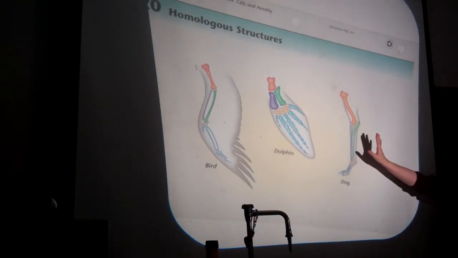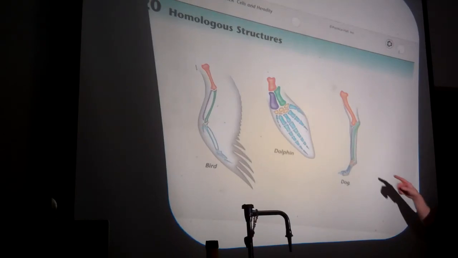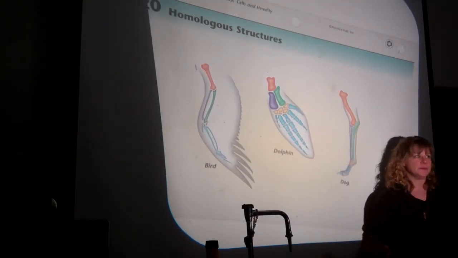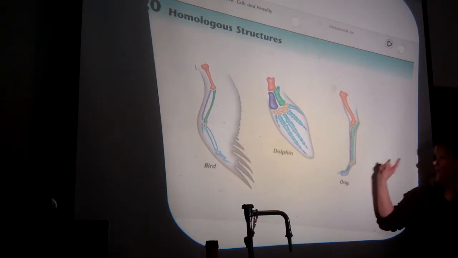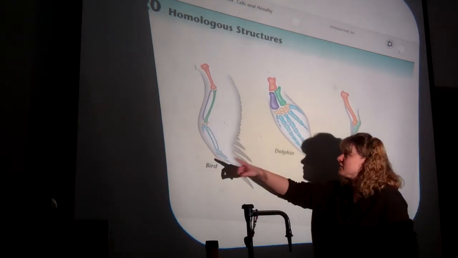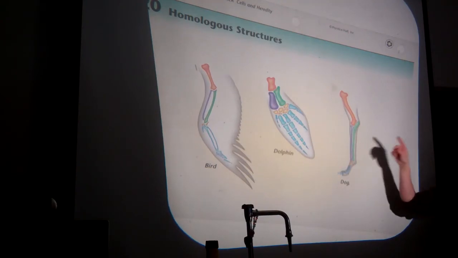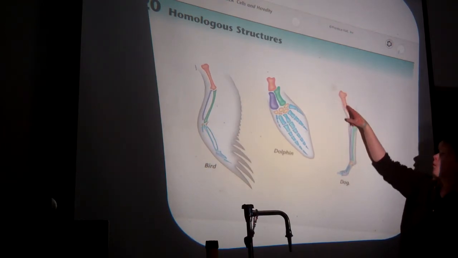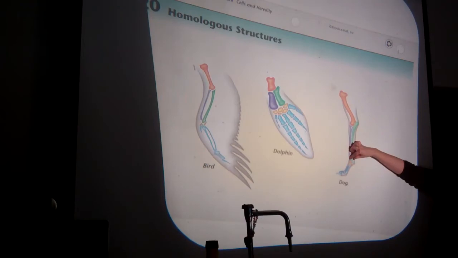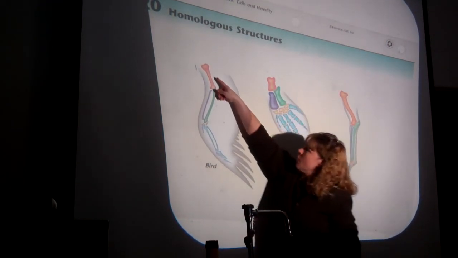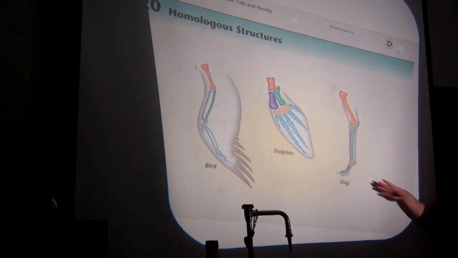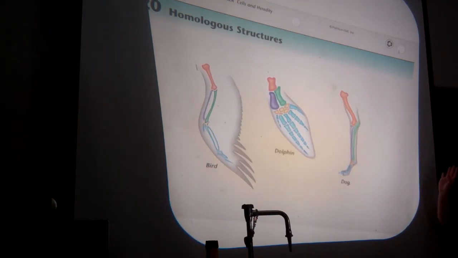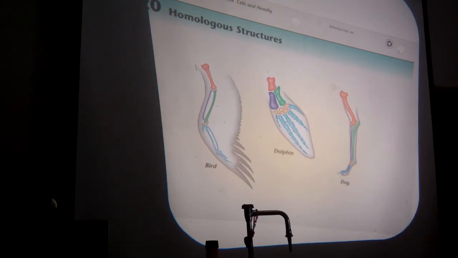Try to envision this picture. These are the forelimbs of three completely different vertebrates. One that walks, one that swims, one that flies. Totally different function. But they all have a very similar bone plan. You've got one bone on top, then two bones, that radiate out into other bones that are broken up. In other words, they're all different, but they're all the same.